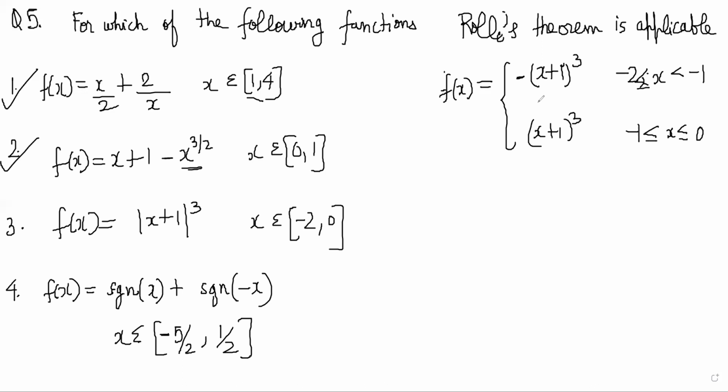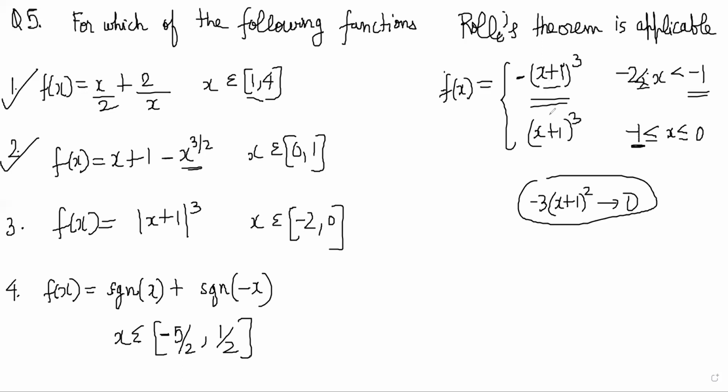So you have to just check the derivative near minus 1, right? Near minus 1, this side derivative is minus 3 times (x plus 1) whole square, but it is becoming 0. And this side also it is coming 0. Both sides derivative are matching, so it will be differentiable there. Continuous, it is obviously continuous at those points because it becomes 0. Correct. So it feels like this is also applicable then, right?